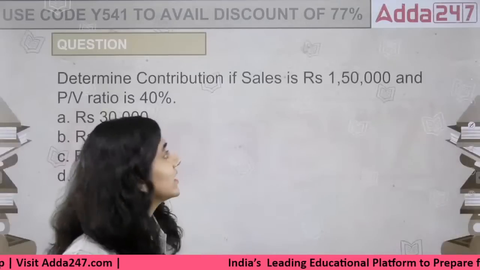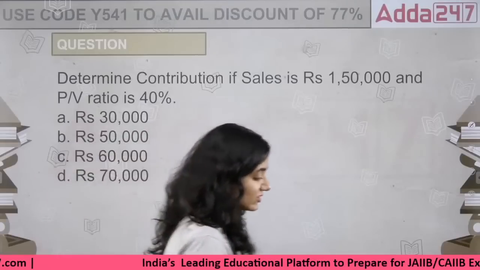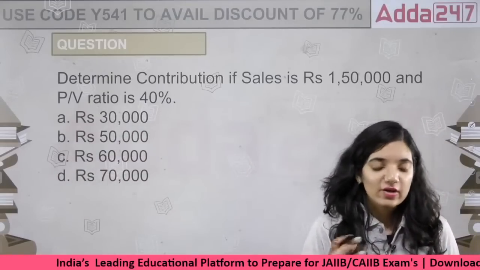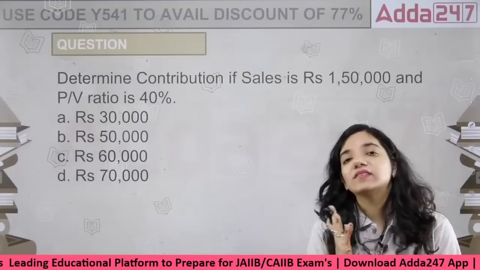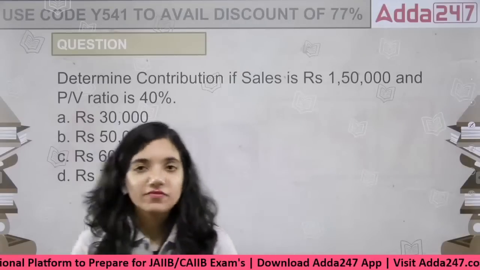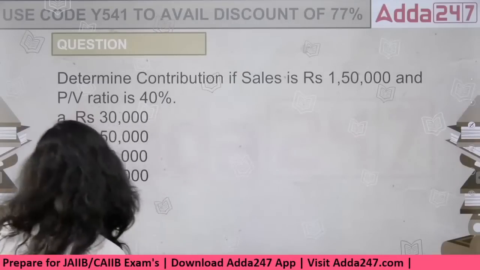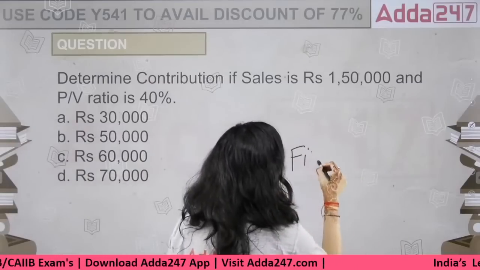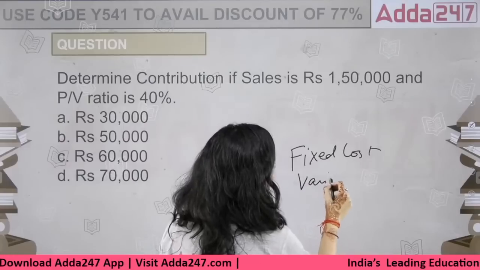Determine the contribution if the sales is 1,50,000 and the PV ratio is 40%. PV ratio is your contribution ratio, that is whatever we are getting in from sales minus the variable cost. See, the point is the cost of the organization that we are bearing can be divided into two parts. One is called the fixed cost, second part is called the variable cost. Fixed cost is the amount that you pay on total, while the variable cost is the cost which varies over